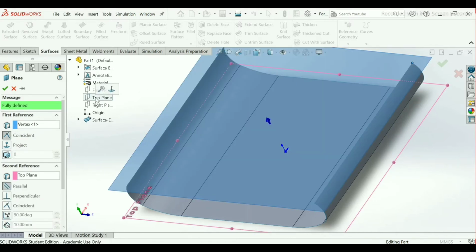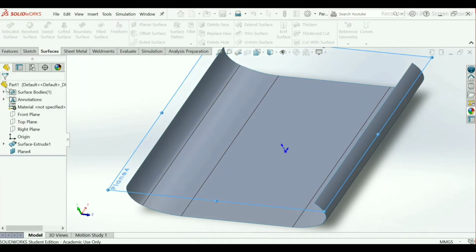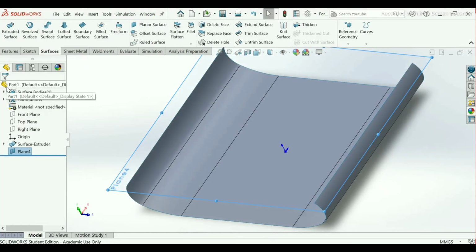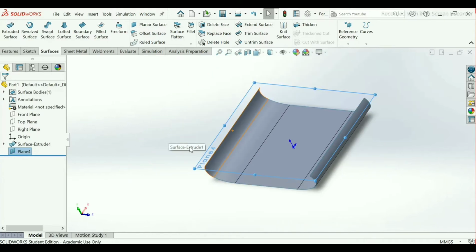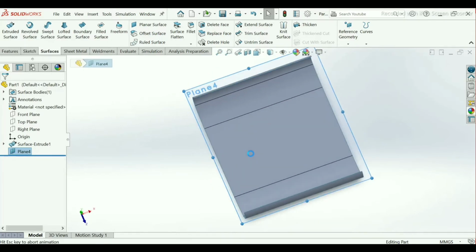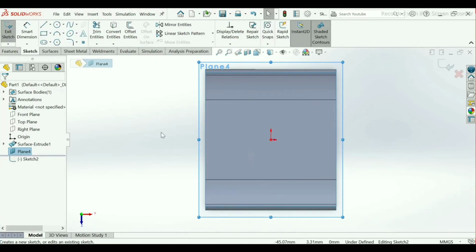Take top plane. OK. Now here our plane is created. Select this plane, sketch, normal to profile.